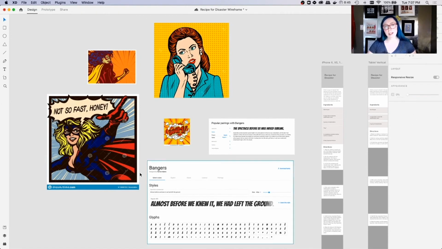So if I knew what my color scheme was, if I knew what kinds of textures and patterns I want to integrate in my font pairings, I'd probably stop about here. I feel like I have a good sense of what I want to do now, and I'm probably ready to move on to mockups. But you can work on style boards as long as you need to get that overall look and feel going before you work on the actual mockups where you're getting into that pixel perfect detail.